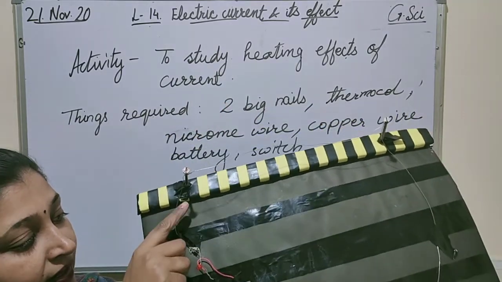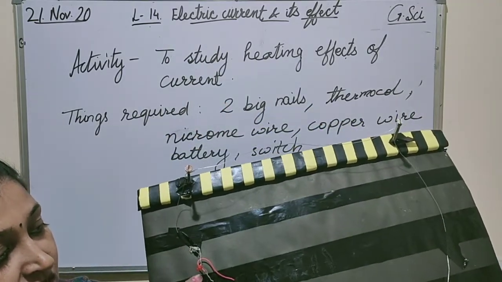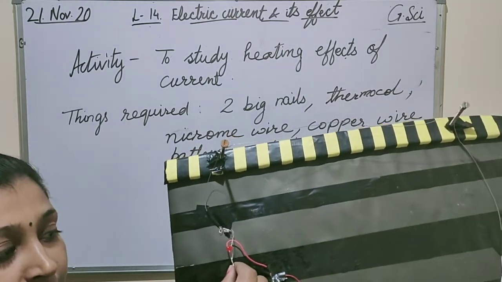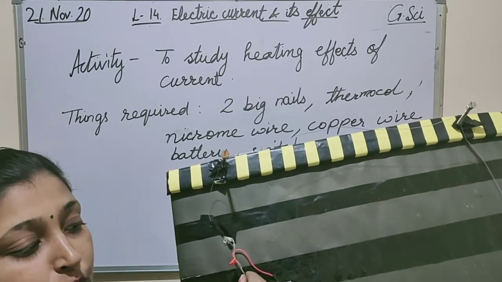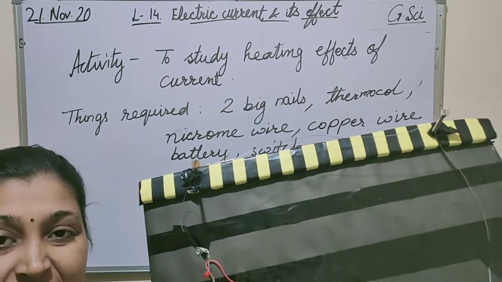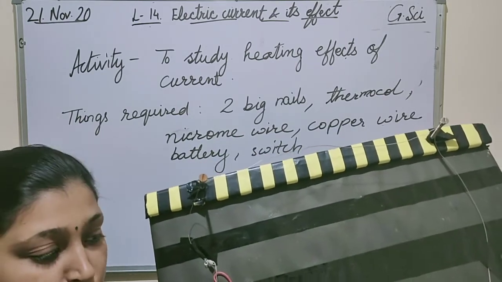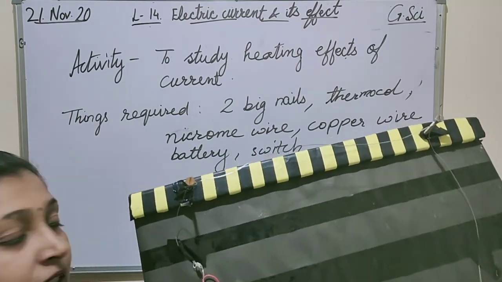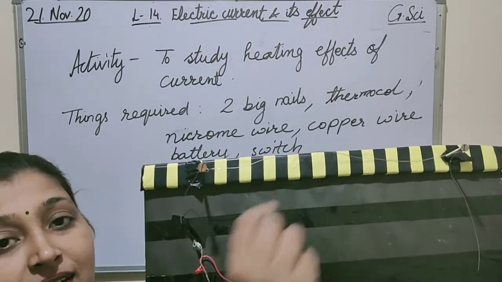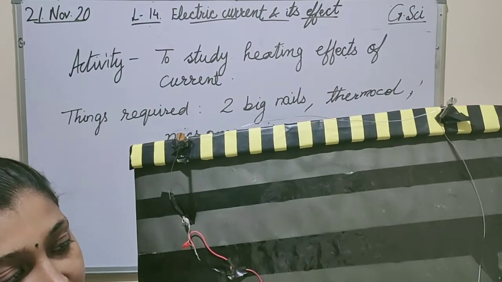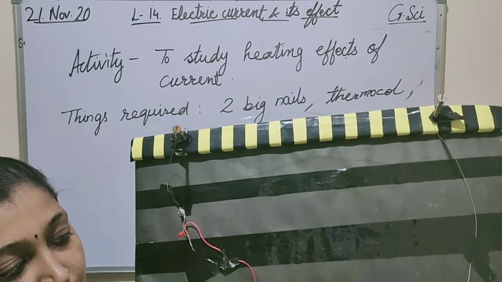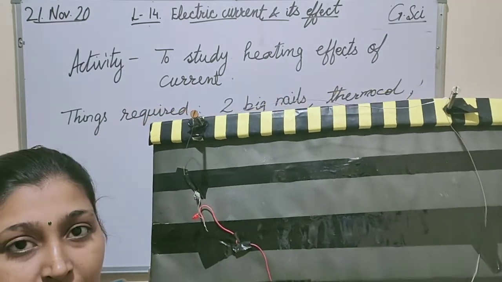This is nichrome wire, and this is attached with a bulb. Beta, this bulb is not required at all. However, I am using it to show you that the switch is on and the circuit is working. Otherwise, there is no need of the bulb. We just want to show you that this wire gets heated up, and it is attached with the battery. From the other terminal, it is also attached with the battery. Can you see the black and red wire of the battery?